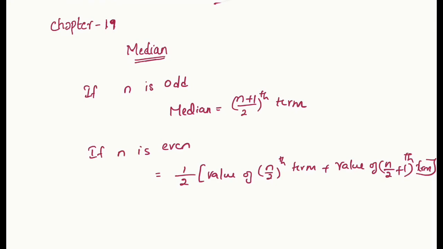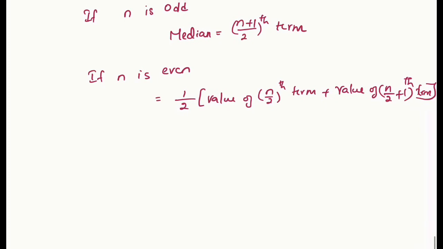So let me start with the questions, so you'll get a clear idea about what is median. Median is actually the middle value. If there are an odd number of terms, we can exactly take the middle value. If there are an even number of terms, you have to add the two middle terms and divide by 2. Whenever a set of values is given, you arrange it in either ascending or descending order, then find the median. Let me start with exercise 19b.